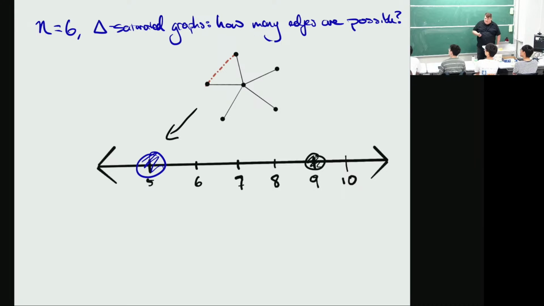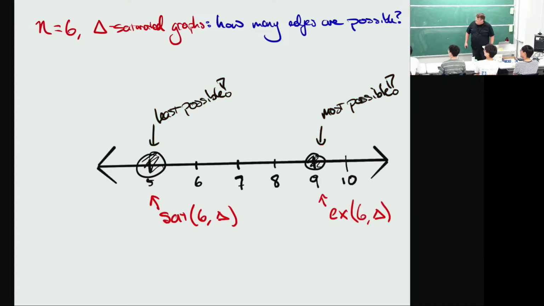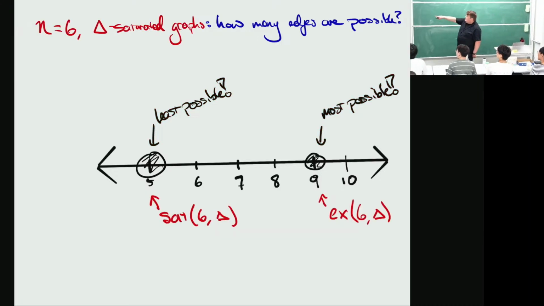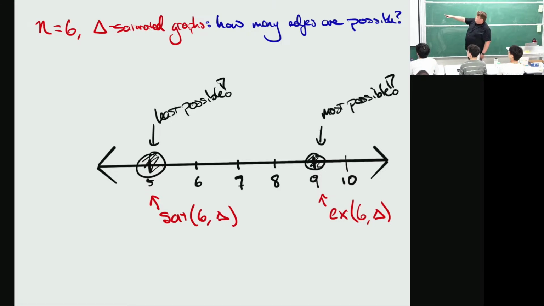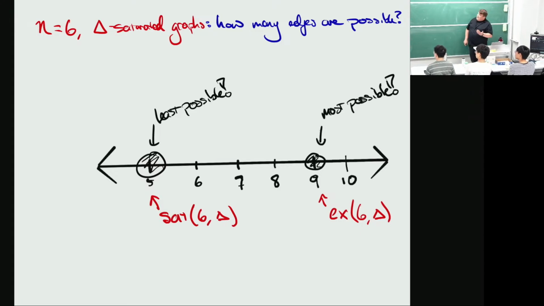If you're already tired of my talk, you can try and figure out what happens for 6, 7, and 8 during the rest of the talk. Okay, so it turns out, no proof, but this 9 is the most edges you can have in a 6-vertex graph with no triangle. And 5 is the fewest number of edges that you can have in a maximally triangle-free